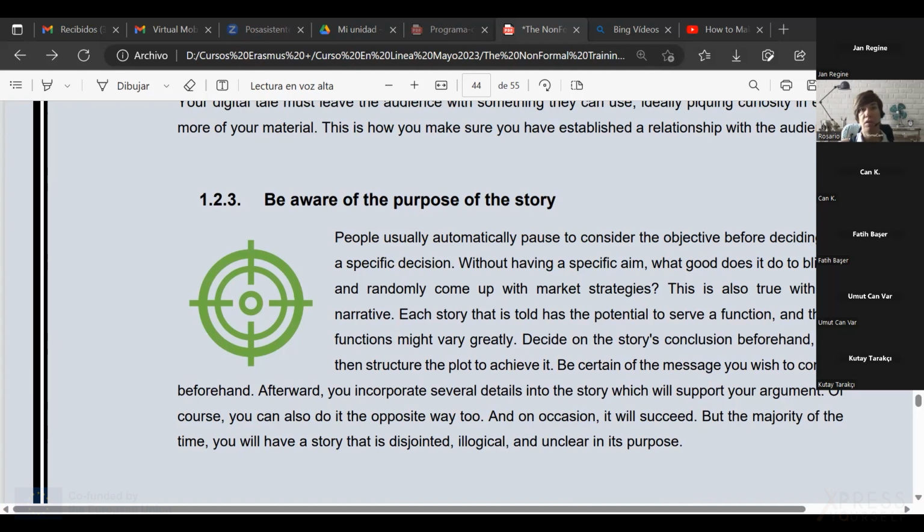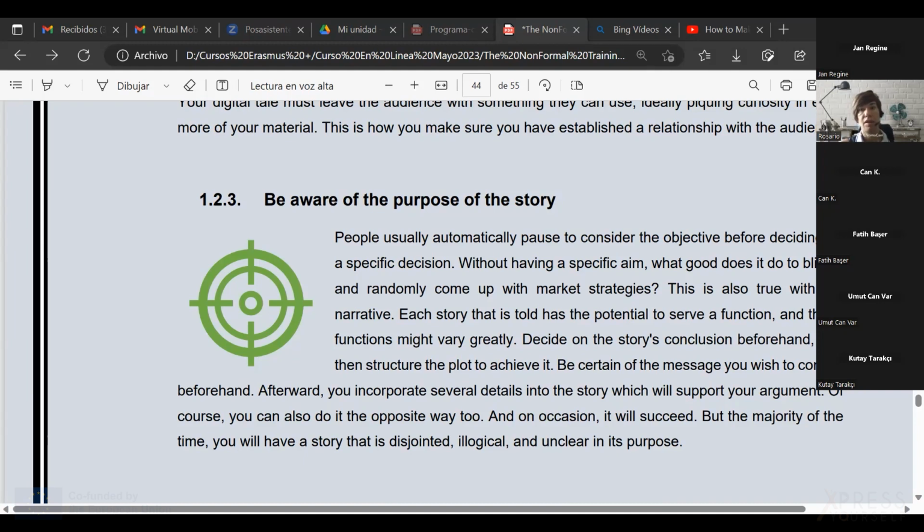If I watch that video, it doesn't make sense to me at all, because I'm not interested in her personal life, right? But I might use it to talk about personal relationships, or how to enhance friendship, or how to enhance a relationship with a brother or a sister. Then it will have a purpose. Otherwise, it doesn't. So be aware of that. So think of it before you make your storytelling. Think what is the intention of your story.